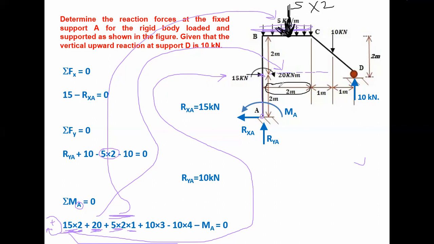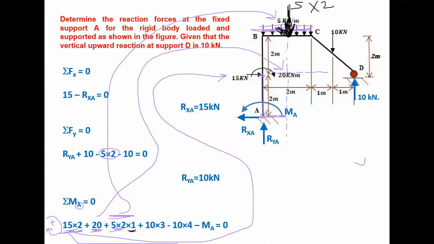Now we have understood how to replace this UDL by a point load. If you know the point load, then you can find this perpendicular distance, that is 1. So how will we get this perpendicular distance? Just extend its line of action. So this is our line of action, right? Good. Now draw a perpendicular from this point A on this line of action. If you draw the perpendicular, you will get this length, right?